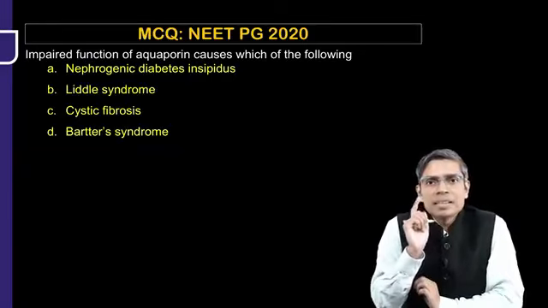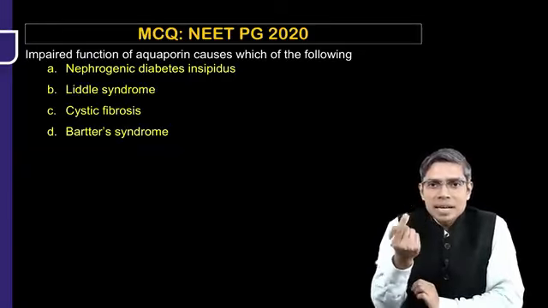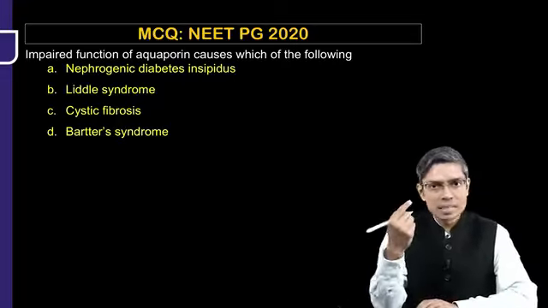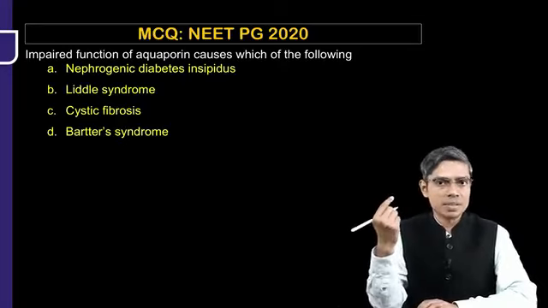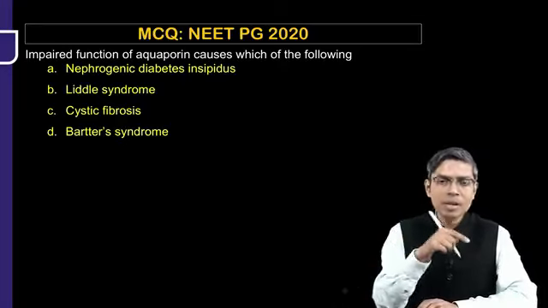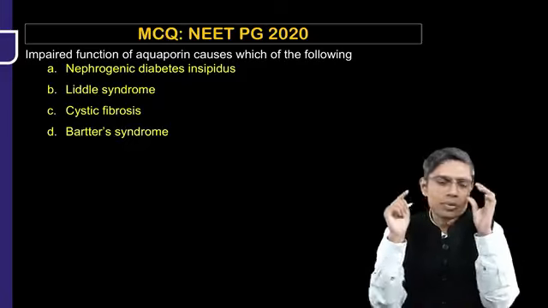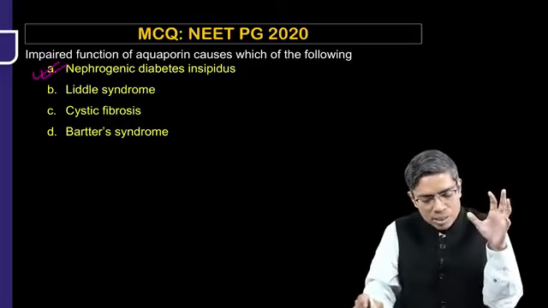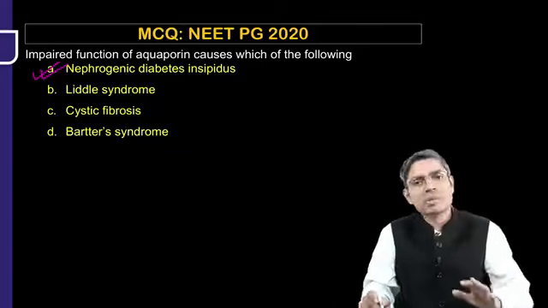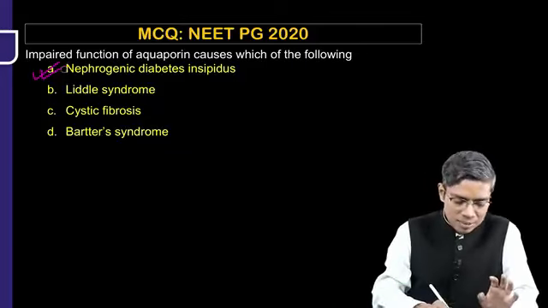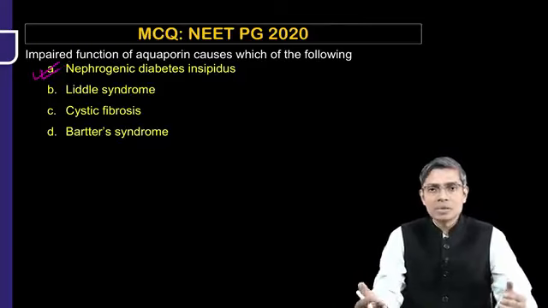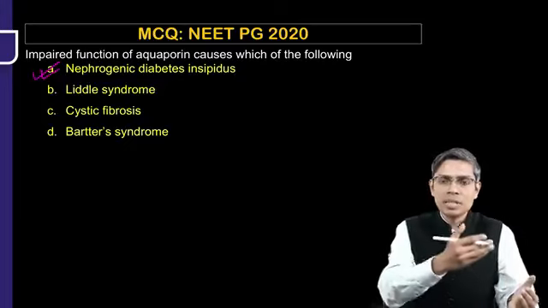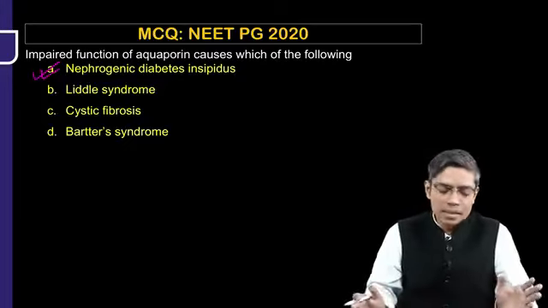We all know that if ADH is secreted in lesser quantity from the CNS, then that is also diabetes insipidus, but that is central diabetes insipidus. But if the ADH is not capable of acting at the level of the V2 receptor, then that is nephrogenic diabetes insipidus. So here the question is asking about impaired function of aquaporin causes which of the following? Your answer is nephrogenic diabetes insipidus. So when the ADH is not able to act on the V2 receptor, aquaporin 2 will not be able to function properly. Aquaporin 2 will not be able to insert into the membrane,